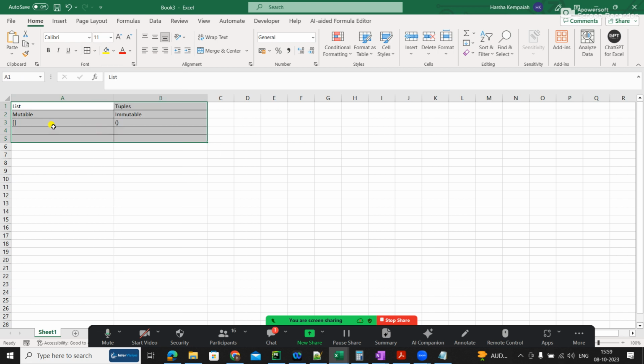You can even type. I will speak about memory and performance. So memory and performance, which would be better? I think tuples, because lists are mutable, so it will be changing. So it takes some more memory.